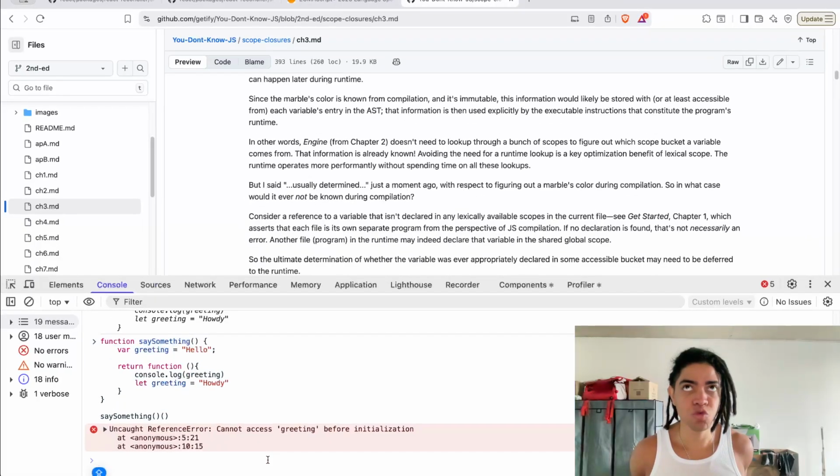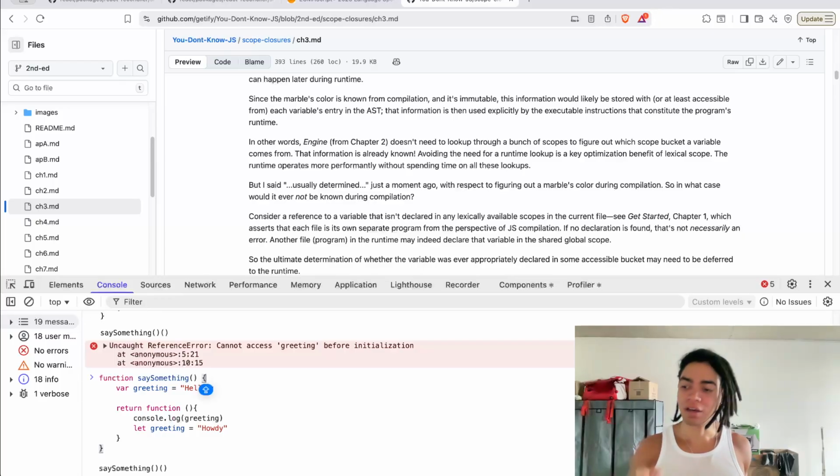In order to understand the scope, which is something that we described, and how the scope happens, and also to answer another question, which is